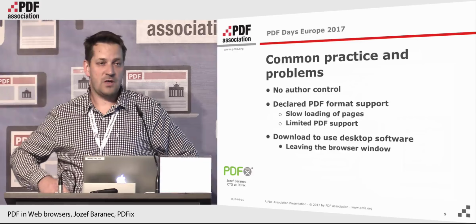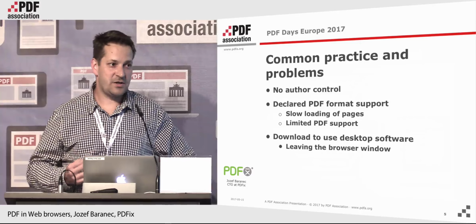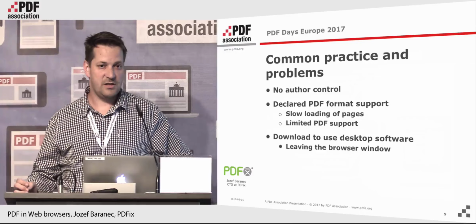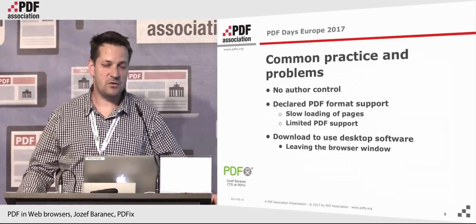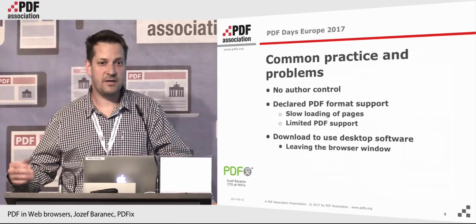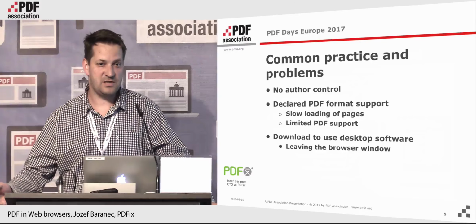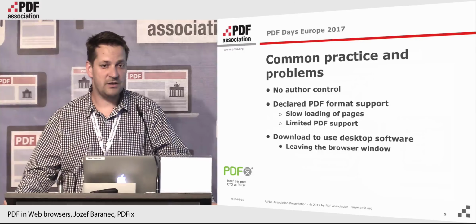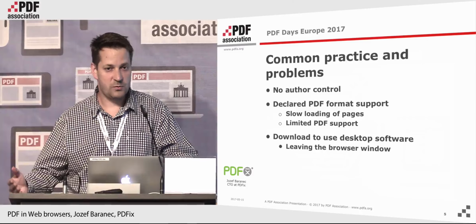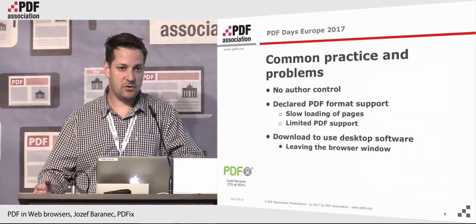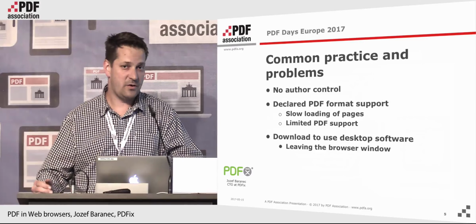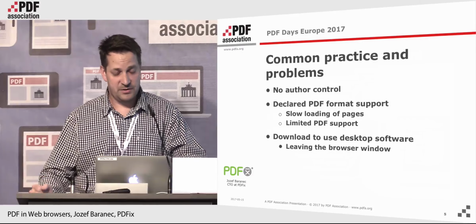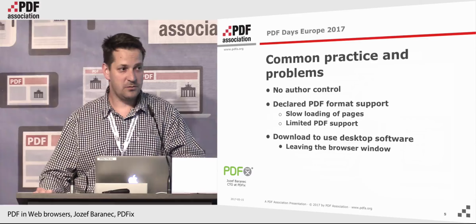There is no exact specification, or the declaration of the support in the browsers is nowhere written, so you have no idea what's going to be supported in the next viewer, the next Chrome, for example, next Firefox, and what functionality, what version is really needed, because no one knows which content of the PDF will be provided, whether annotations will be there or not. And I already mentioned that downloading loses tracking